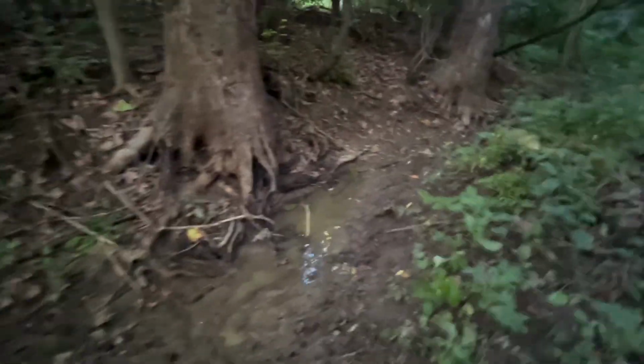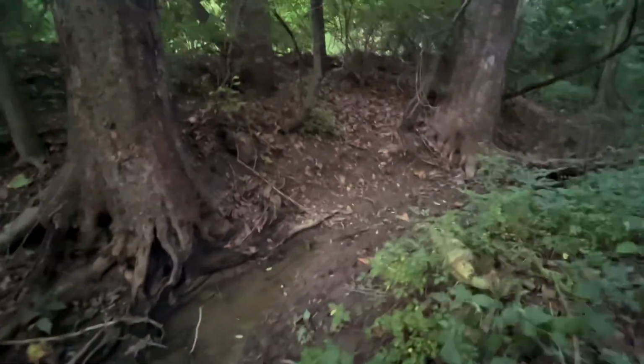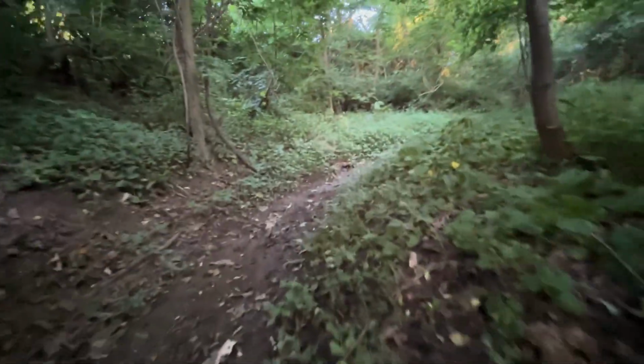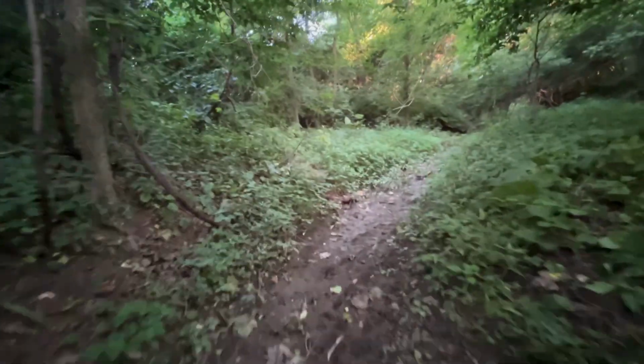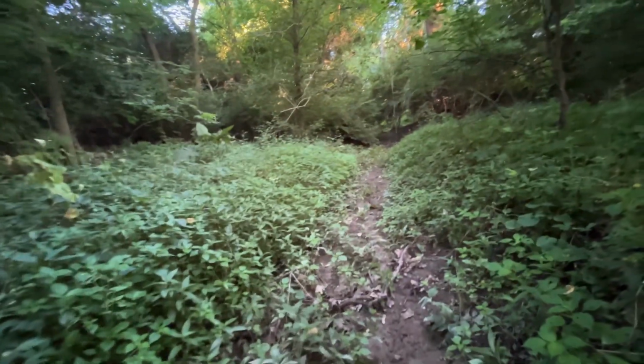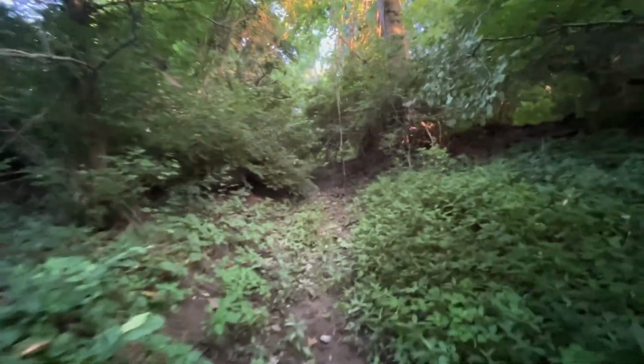Got another section there that somehow is still holding a good bit of water. And then I'm sure that there's some way to be able to figure out a line through that, but as of right now, that'd be a pretty technical spot. And then right about here is where my batteries died for the weed eater and the Sawzall. So I haven't got this last little bit here cleared out yet, but it's still